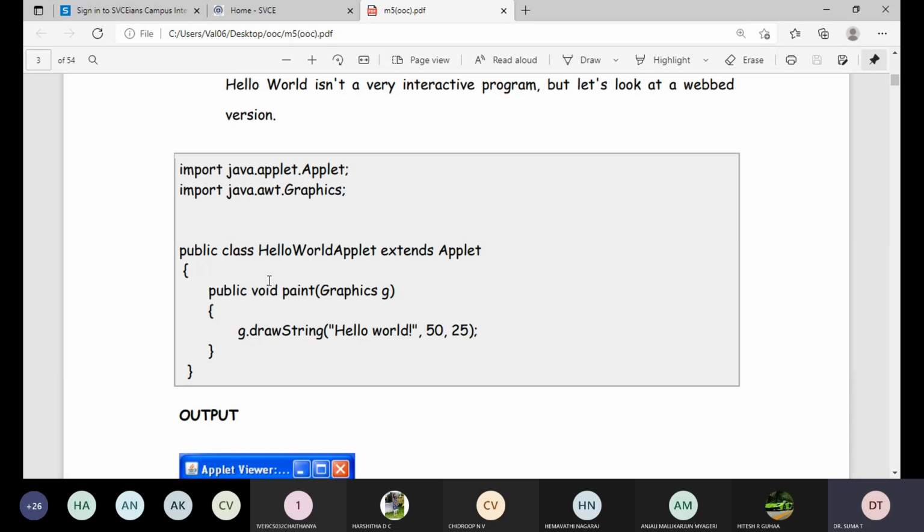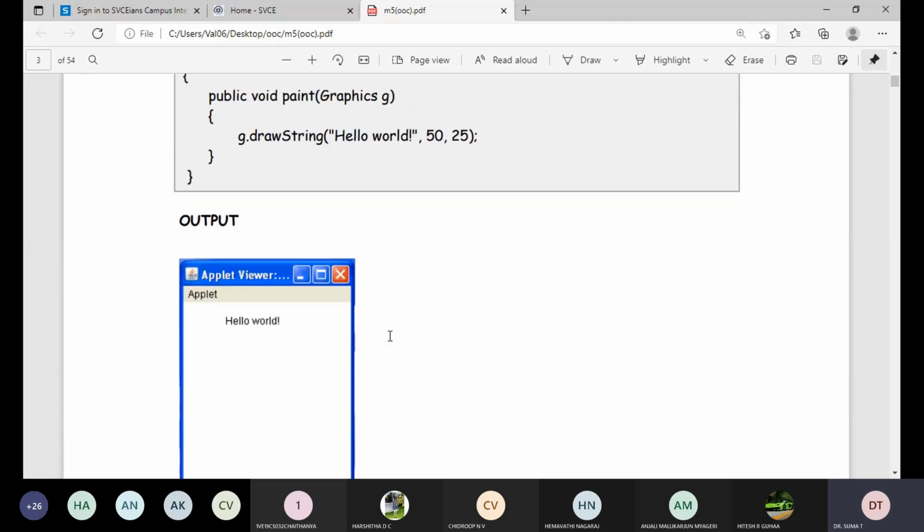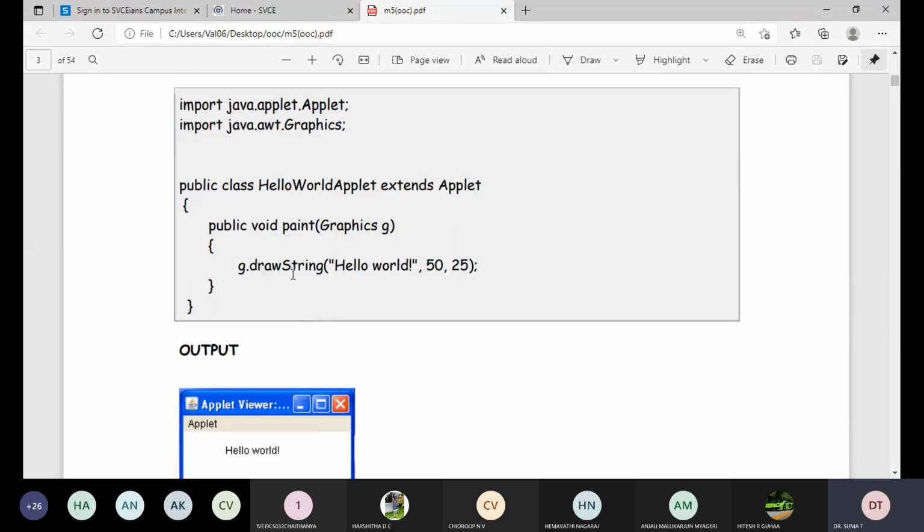Class HelloWorldApplet is the name of the class we are given, and we are going to print it in this format. Applet Hello World, only one. So g.drawString Hello World, with the horizontal and vertical positions, that is the x-axis and y-axis